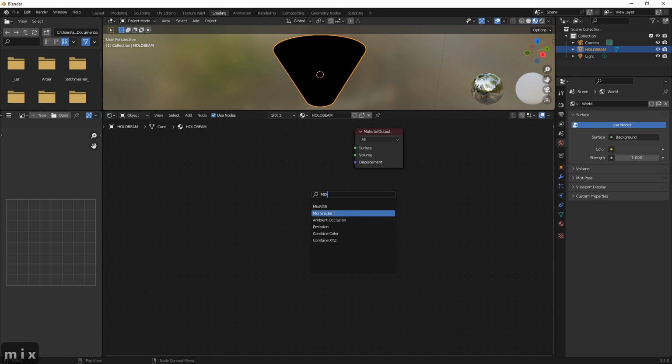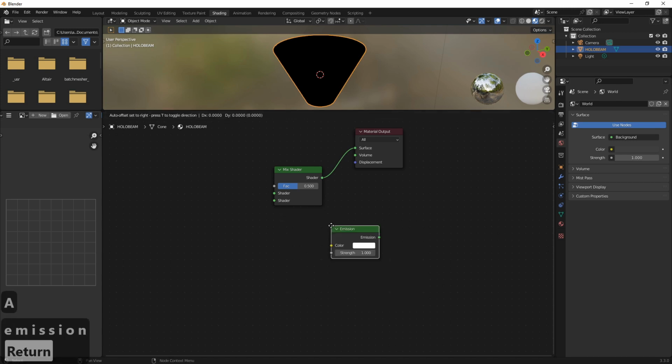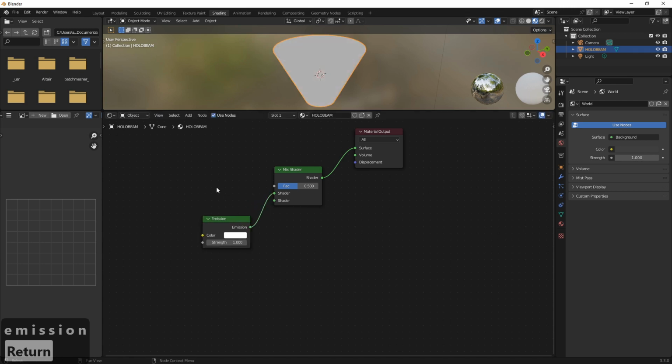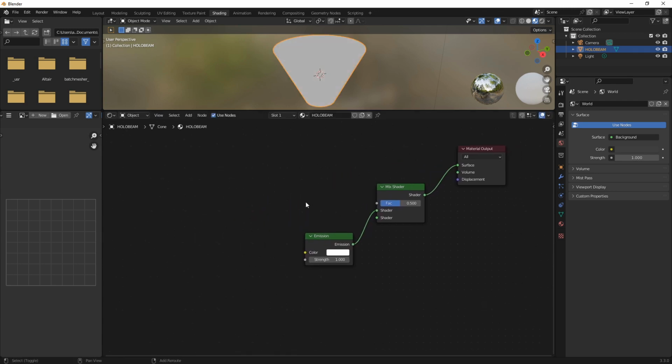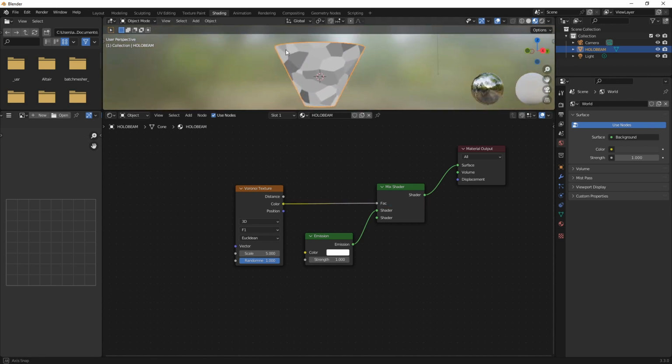But mix shader first. We want to go into here. I want an emission shader in here. I'm going to leave the other shader empty for now because I want to show you what this actually does. Then what we want is a Voronoi texture. So that can go into there, and that should immediately, there you go, populate with a bit of a pan, and that's very nice. It's not very holographic. So before we go any further,